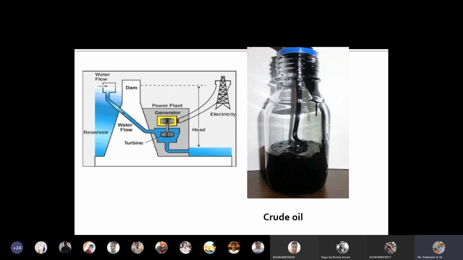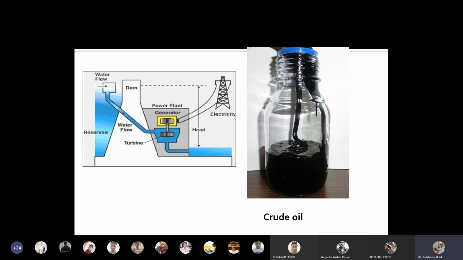Because the water level is at some height, when it flows over the turbine blades, it generates energy. The turbine blades will rotate, and then eventually the generator will rotate. Due to magnetic flux exchange, it will generate power. So the advantage is that it is very clean. Water energy, or hydro energy, is very clean and cheap. Operating cost is cheap. That means once everything is set up, the cost requirement is very negligible.